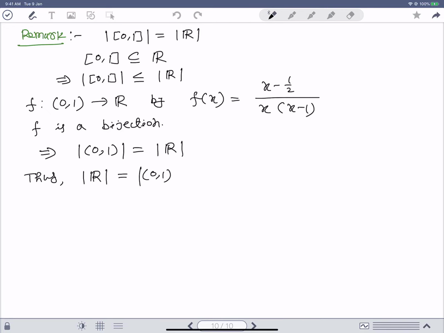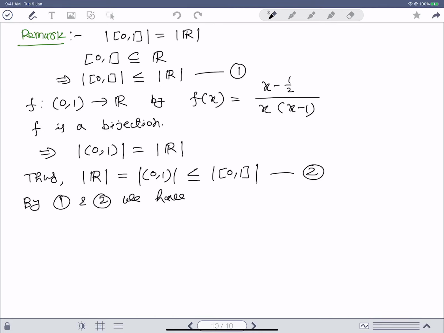the open interval (0,1). Again, the open interval (0,1) is a subset of the closed interval [0,1], so its cardinality is less than or equal to this. Now this is my 1 and this is my 2, so by 1 and 2 we have that the cardinality of the closed interval [0,1] is the same as R. So if we attach all of the theorems, then we will have